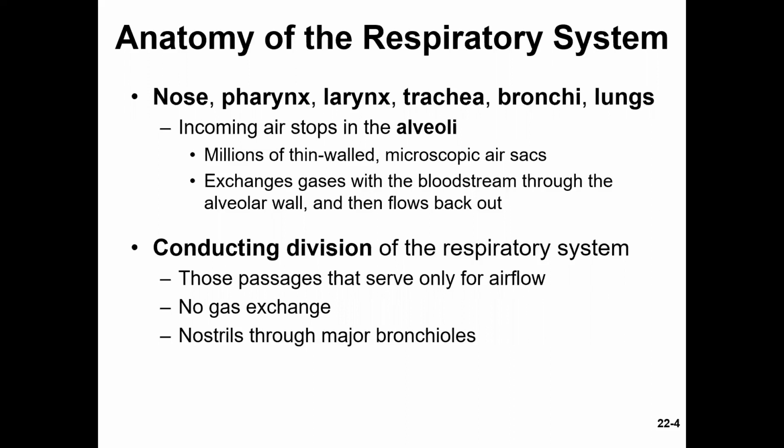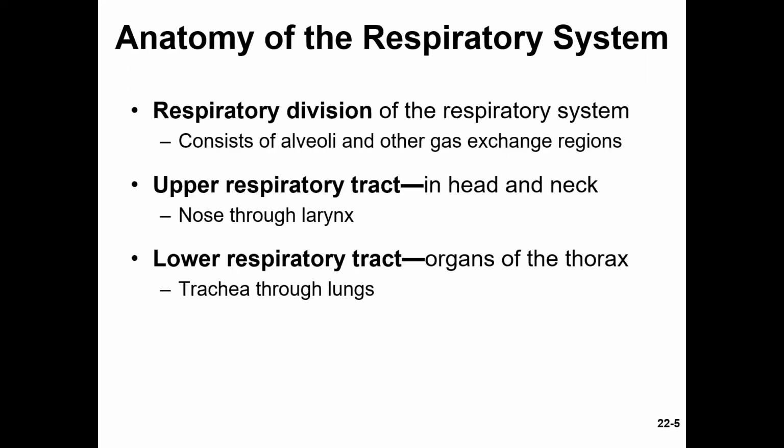There's a conducting division of the respiratory system. These are the passages that serve only for airflow and no gas exchange. This would be the nostrils through the major bronchioles. The respiratory division of the respiratory system consists of the alveoli and other gas exchange regions. The upper respiratory tract is in the head and neck. This is nose through larynx, and the lower respiratory tract, the organs of the thorax, which is the trachea through